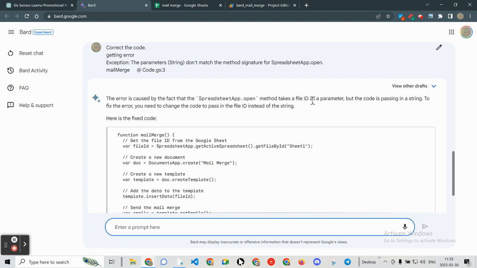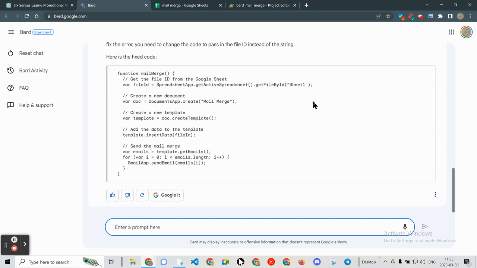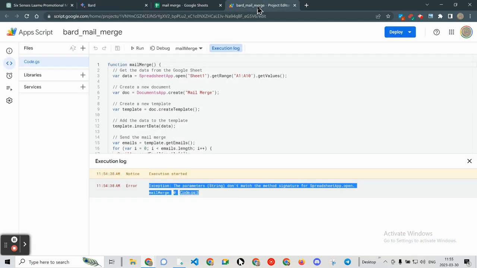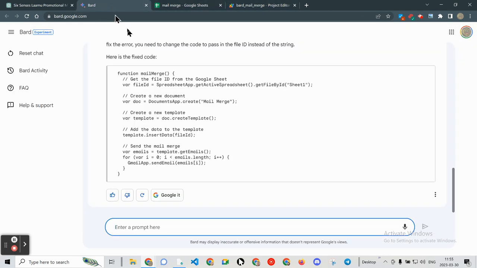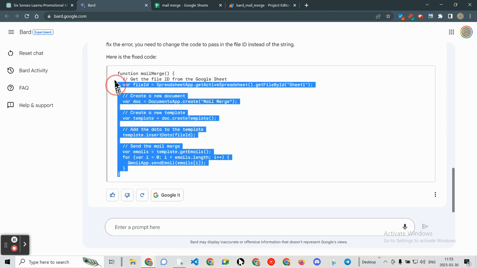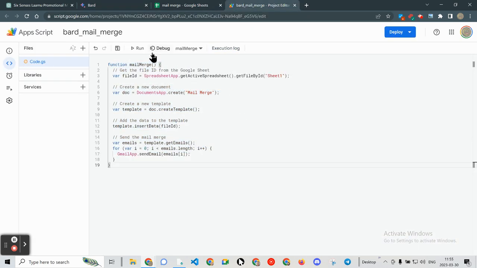Takes ID as parameter, but the code is passing in a string. Get file by ID. Okay, so yeah, it's changed the var data, var file ID. All right, so let's copy this, Control C, and now we drop it into here, Control V, save,